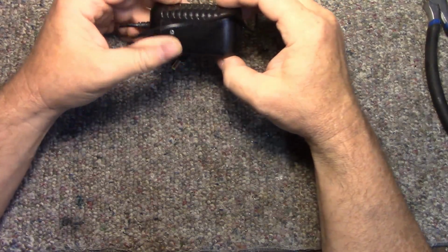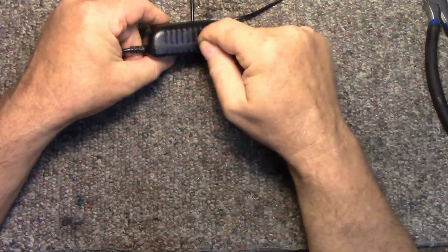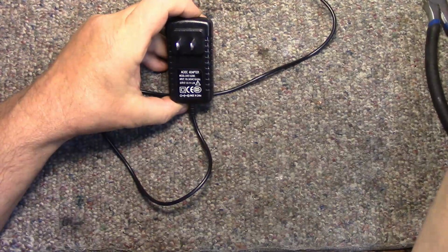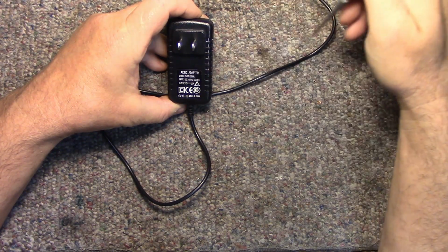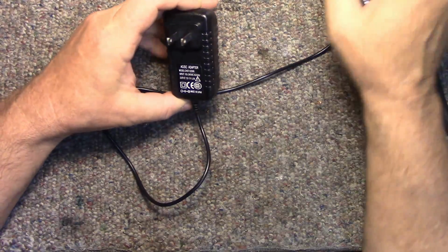This is for one of my security cameras, and it powers the camera. Here it is. It's a wide voltage range input, and it outputs 12 volts at 2 amps, and it's got all the Chinese safety certifications, so we know it's good, right? But